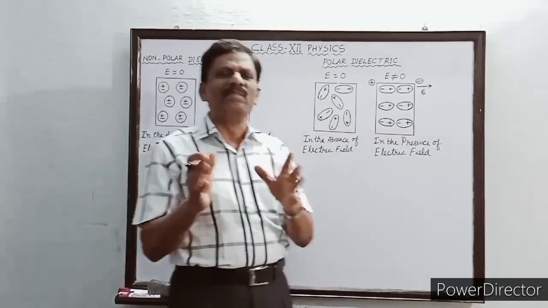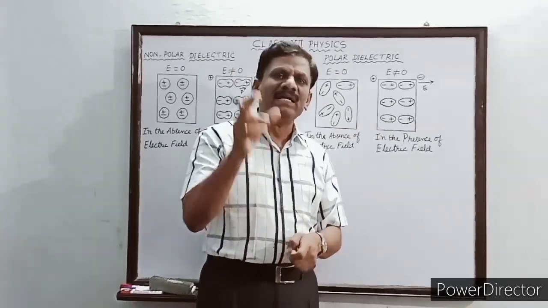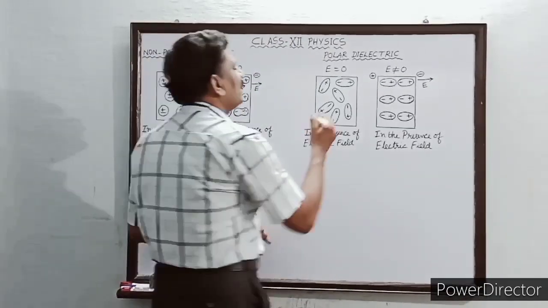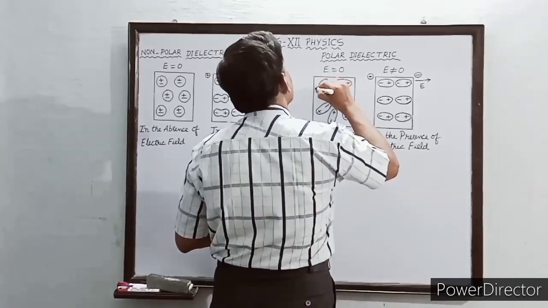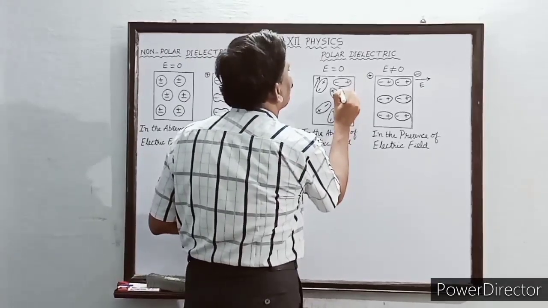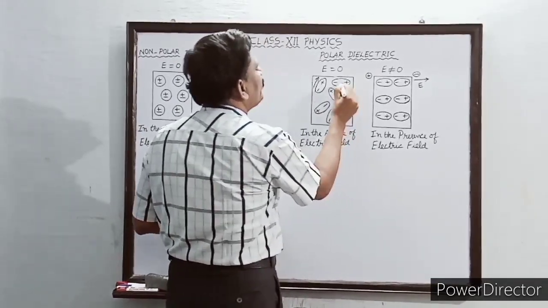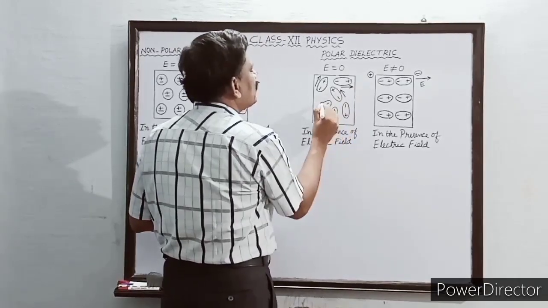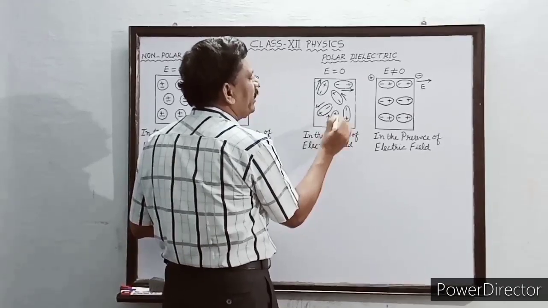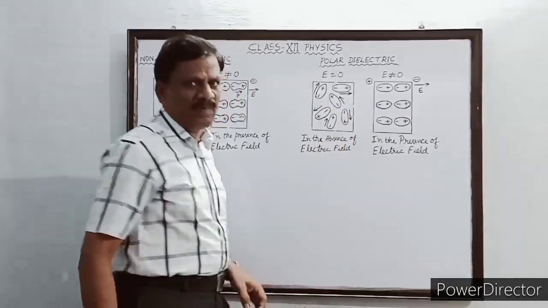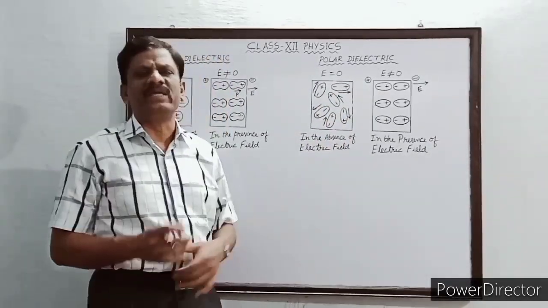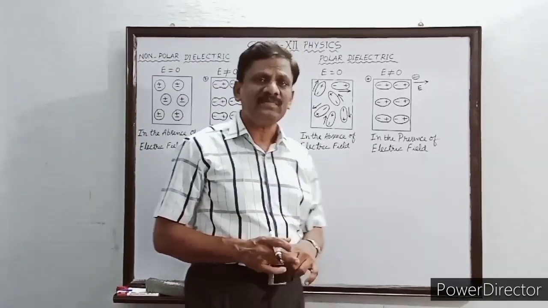As a result, each and every molecule is possessing a permanent electric dipole moment even in the absence of an electric field. And you see that the direction of the electric dipole moment is from the negative charge towards the positive charge. So here also you see that it is from the negative charge to the positive charge. Like that here the third molecule, the direction is from the negative to the positive. So like that every molecule is possessing an electric dipole moment. But you check the direction of the electric dipole moment of all the molecules. Are they all in the same direction? No.